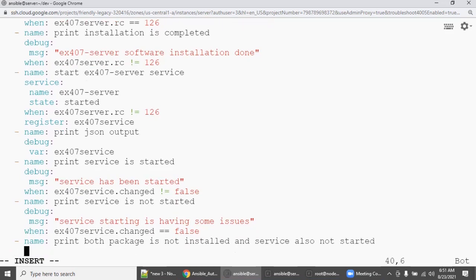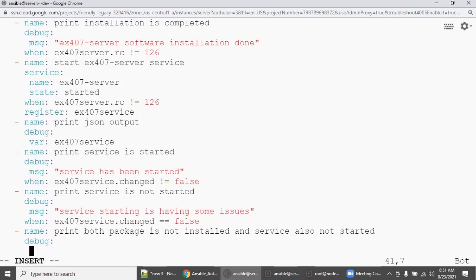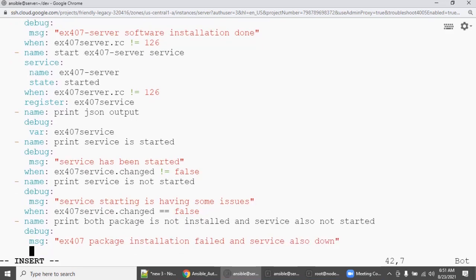So both, right? So now print the custom message, saying that, if you want, you can print the same message, or say EX407 package installation failed and service also down. You can mention it like this, but when I want to satisfy two conditions.